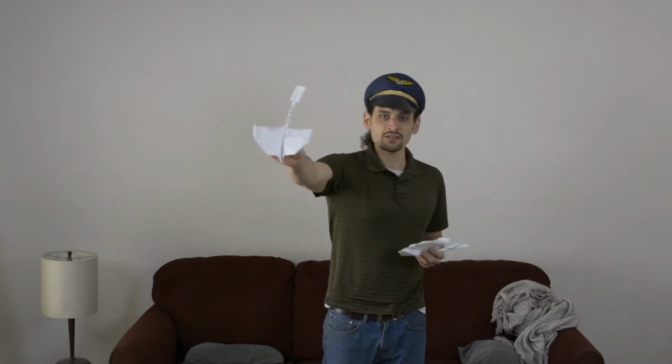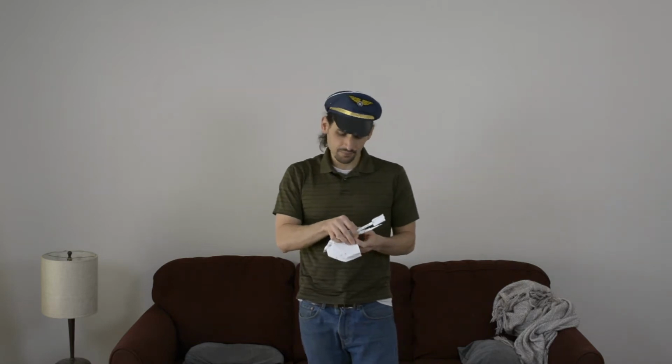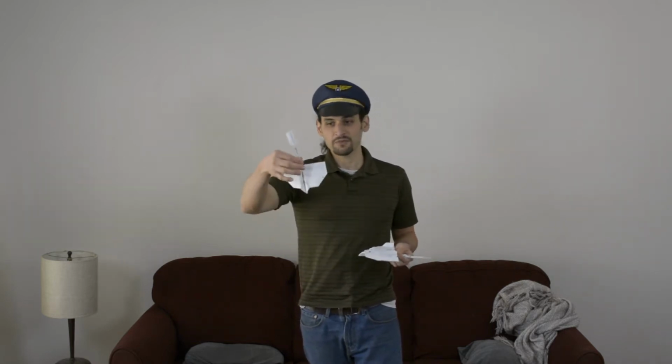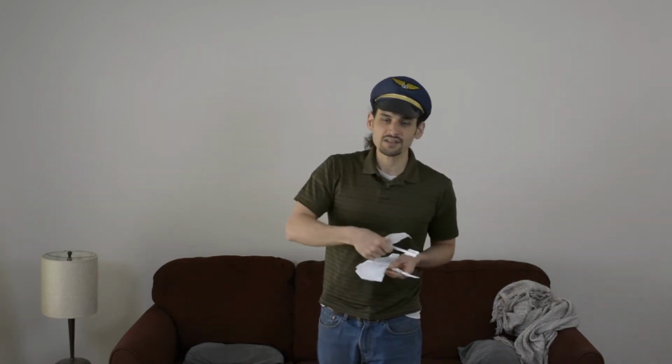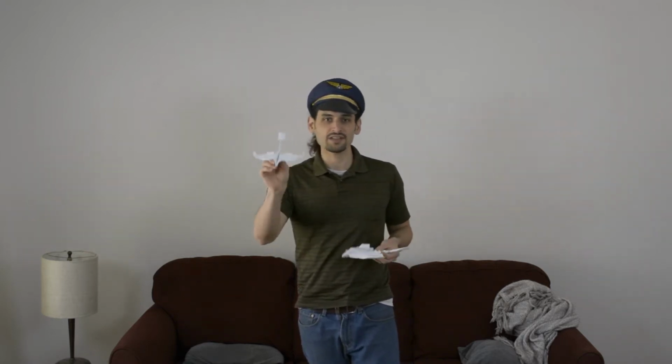This one is called the Stingray. It's got that long tail boom that makes it look like a stingray. Well, I've seen a number of other people cover this paper airplane before, but I've never seen anybody else produce